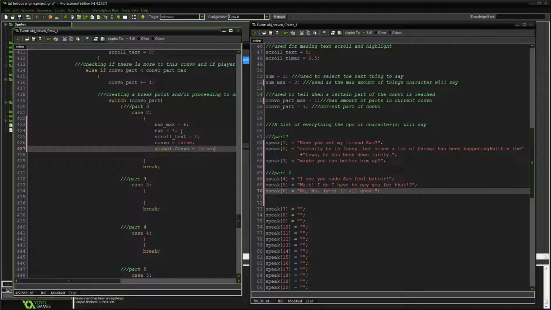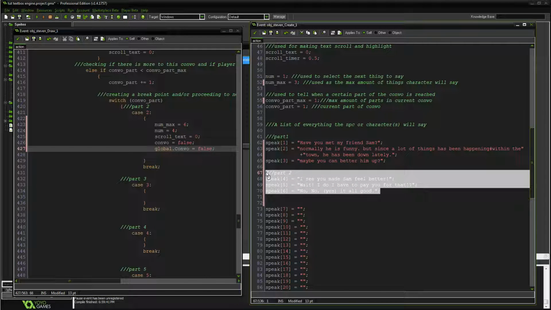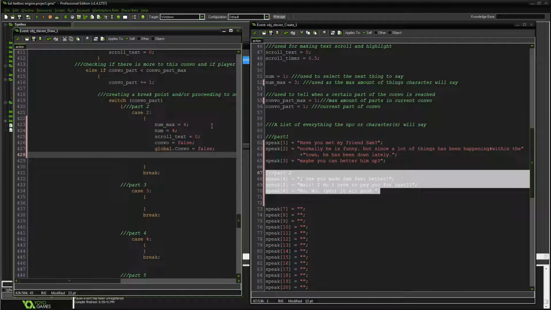And then again, we want it to repeat this part. So because of how this person's set up, there's only one part we want to repeat. We don't necessarily need to subtract. We can simply just make it equal. But you can subtract it as well if you want to. Just letting you know. You can do this part equals 2, or I mean equals 1, and then it'll automatically do the stuff. But what we're gonna do is we're just gonna subtract 1.